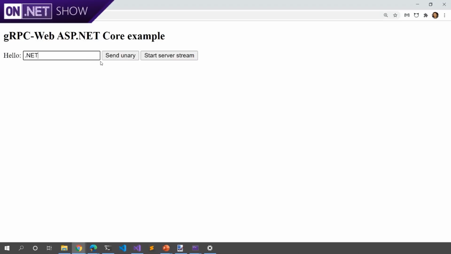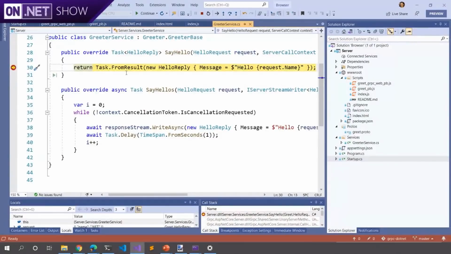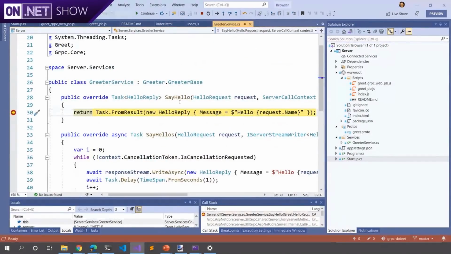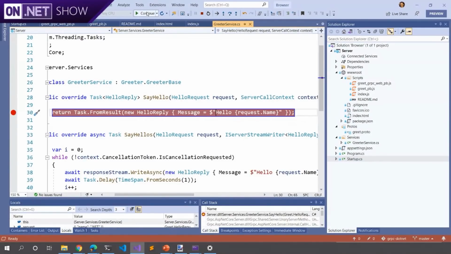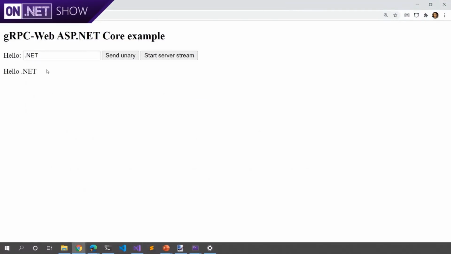So let's say hello .NET, and we're going to send what's known as a unary call. That's a single request, single response to the server. And when we click send, we immediately hit a breakpoint in my gRPC service. So we can see our name has come in of .NET. We're going to set that to a message. So we're going to reply hello, and that will go back to the client. And we can see on the client, we've got hello .NET. So if we repeat this